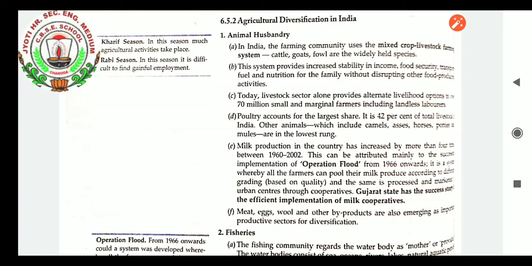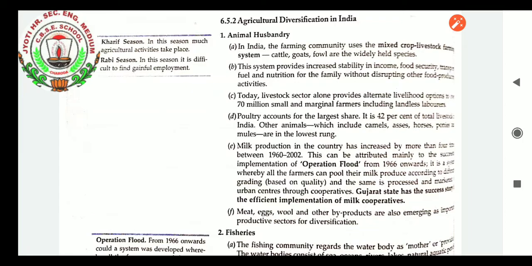Today we will be continuing the rural development chapter with the topic agriculture diversification in India. When we talk about agriculture diversification, it is a topic in which, besides the farm crops, there are many other types of farming which the farmer can do. If the land area is not enough and not fertile for crop production, then it can be utilized for other types of farming also. So here we will learn that part of the chapter.